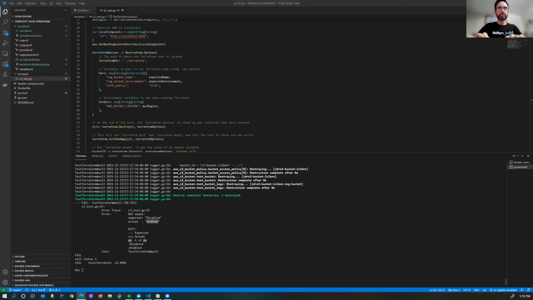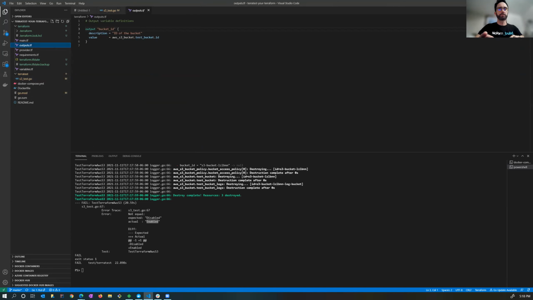So let's do something else. Let's get the actual domain name. Sorry, I'm just going to copy and paste the code, but you can do that in the output. There's a command here to get the domain name. So this will run the command S3 bucket, and then our test bucket, and then basically the command bucket domain name, and return it back into the bucket domain name variable. And then